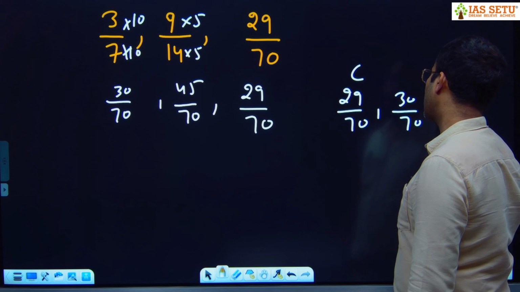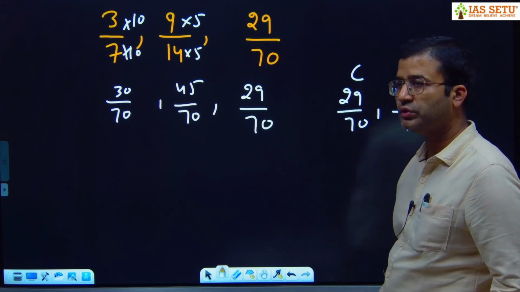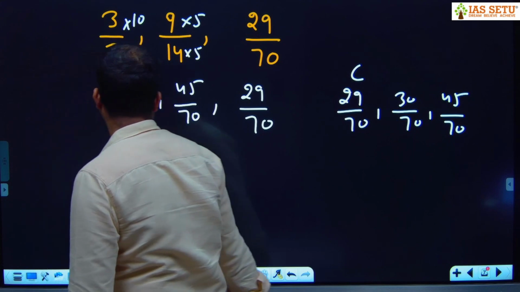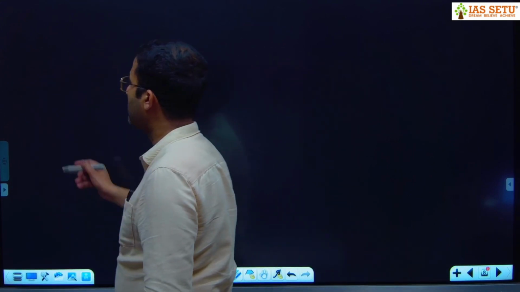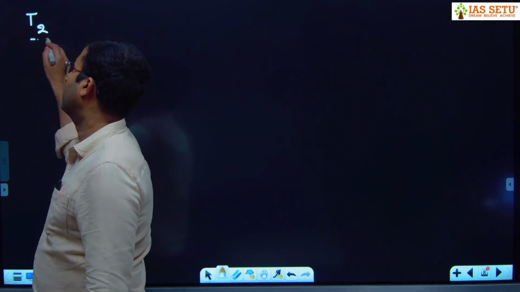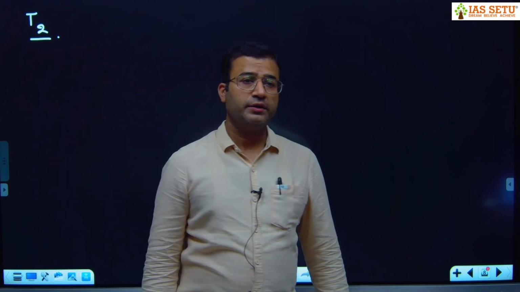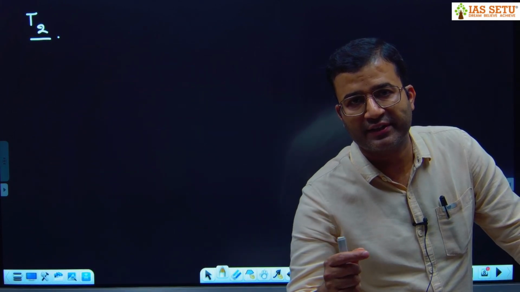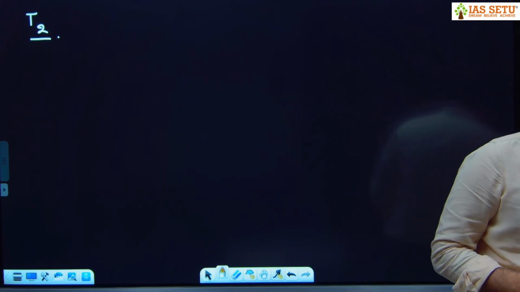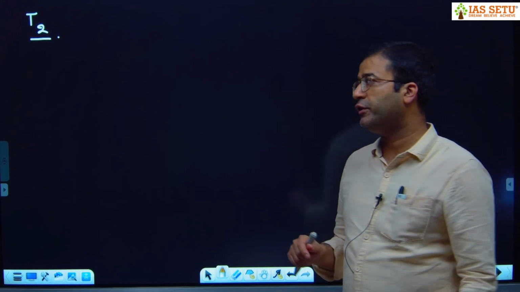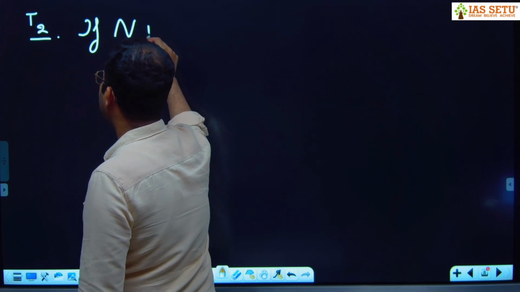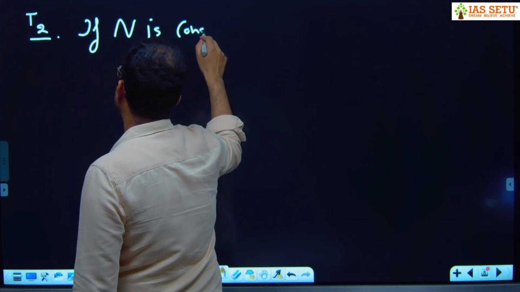Now here, those who have joined late, you can just focus on type 2, you will be clear. Now next is type 2. Type 1 is if denominator is constant, as numerator increases, fraction value increases. Whereas in type 2, what we'll do, if numerator is constant,